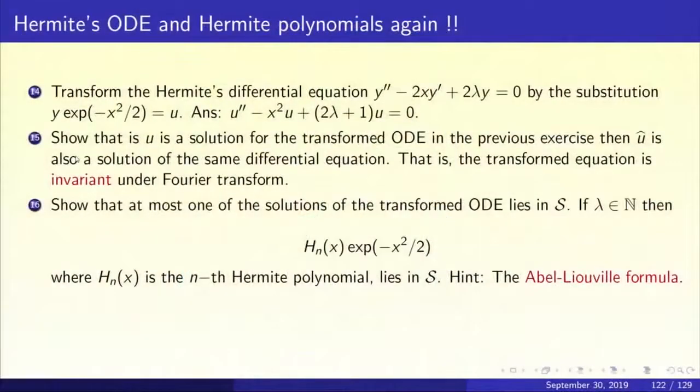So now you got two solutions of the same second order ODE, u double prime minus x squared u plus 2 lambda plus 1 times u equal to 0, both in the Schwartz space. Can they be linearly independent? The answer is no. The reason is very simple. Go back to your ODE courses and look at the Abel-Liouville formula. If you take two solutions y1 and y2 of a second order ODE, y double prime plus p(x) y prime plus q(x) y equal to 0,